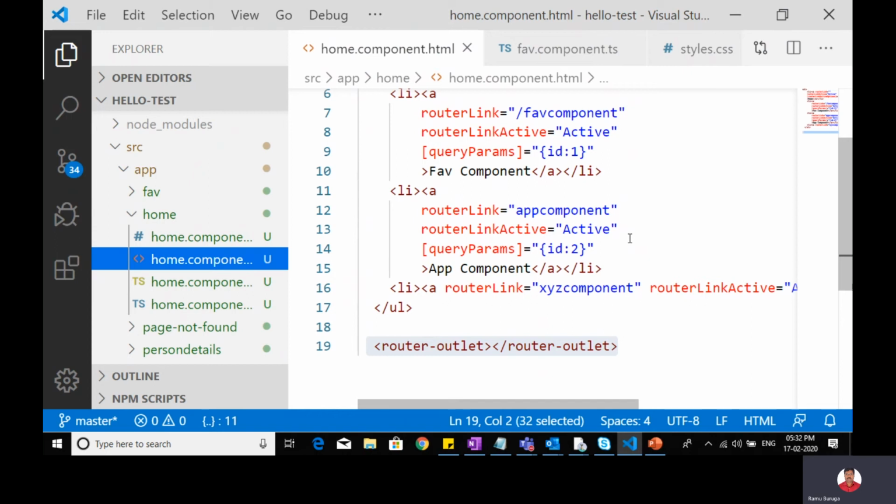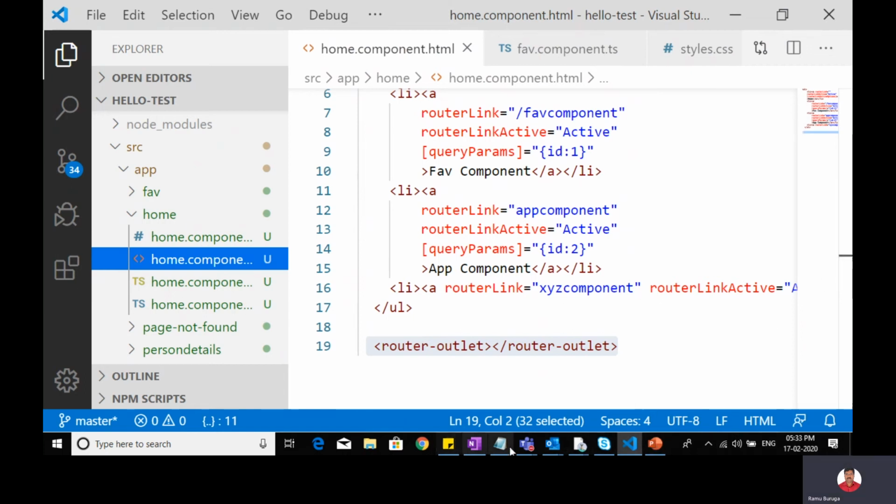You can think that we can implement this without the routing concepts also, right? We know how to call one component from another component. We even know that we can pass values from one component to another component. We can implement it that way, but what is the use of following this structure? We are working on single page applications. Angular supports complete single page applications, only one page.